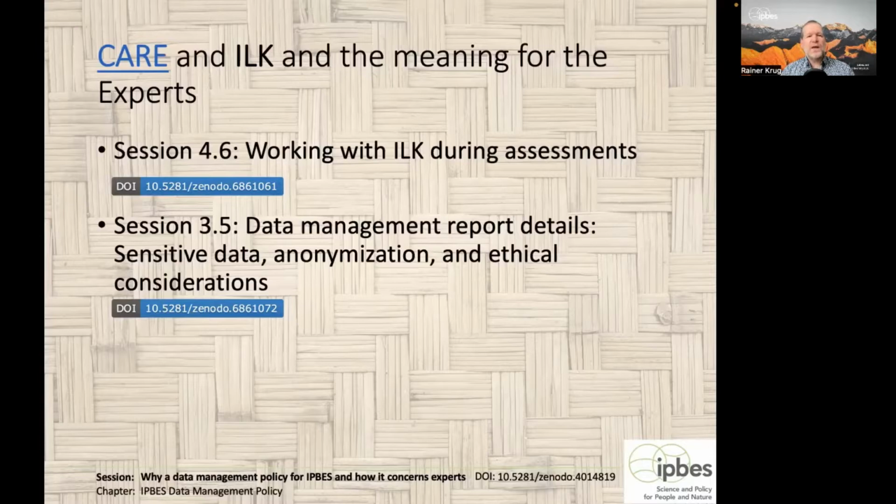And the second one is session 3.5, which is dealing with the data management reports and has a title Data Management Report Details, Sensitive Data, Anonymization and Ethical Conservation. We hope that these 2 additional sessions and quite a few minor changes and textual supplements to other tutorials will address these issues and guide you along the way of following the policy version 2.0.